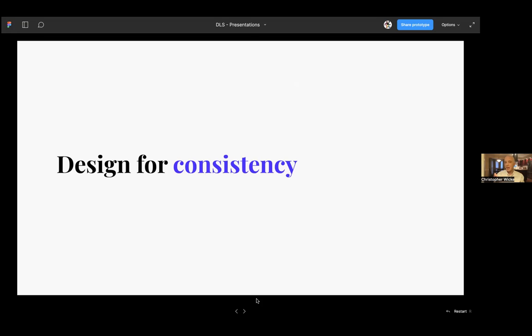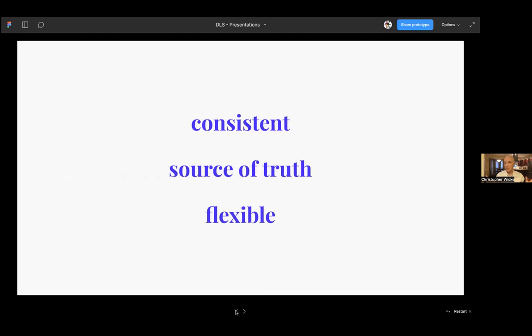We set about finding out why initially, before we even started building anything, because we wanted to make sure that we didn't repeat any of the mistakes of past folks who had set out to do this previously. And in looking at the existing systems, all of them had exhibited a kind of consistency. They had been a kind of source of truth, and they exhibited a kind of flexibility. They exemplified the letter of those definitions, but not quite the spirit.